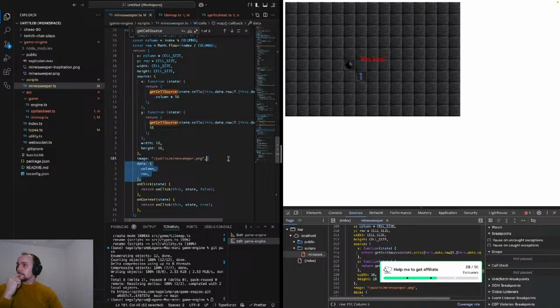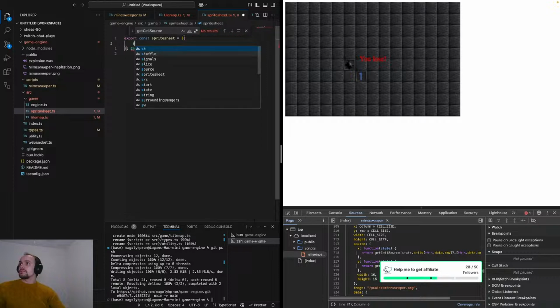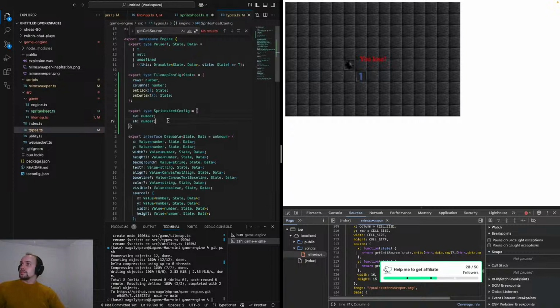And so my idea is, yeah, we would take source width, source height, import this, and this is going to be